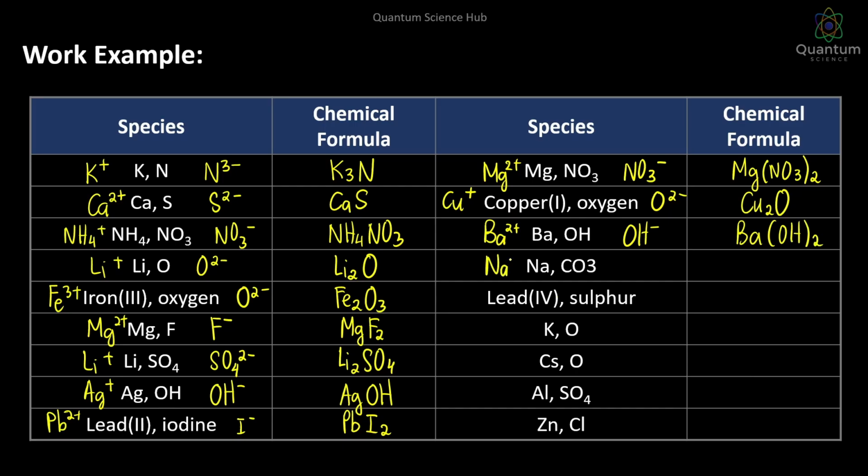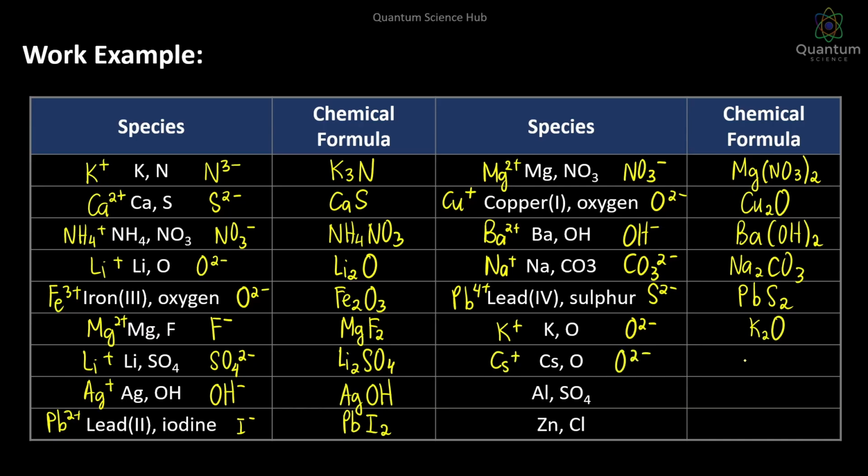Sodium, Na+, and carbonate, CO3 2-. So it will become Na2CO3, right? Lead 4. So Pb4+ and sulfur is S2-. So both of them can be simplified, can be divided by 2. It will become PbS2. Okay? Next, K is positive. Oxygen is O2-. So it will become K2O. Now cesium. Cesium is Cs+. Oxygen is O2-. So the chemical formula is